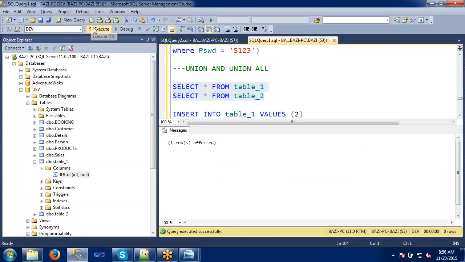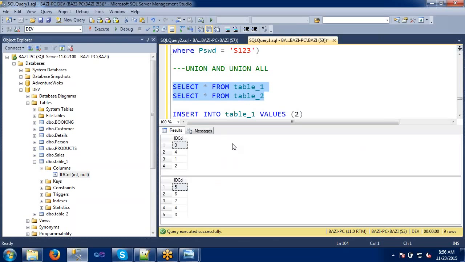Now check the two tables. So now the two tables are having some records. Here it is having 4 records, here it is having 5 records. When I say union and union all,